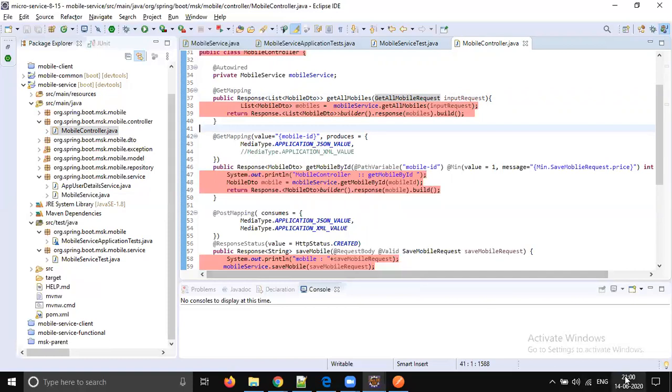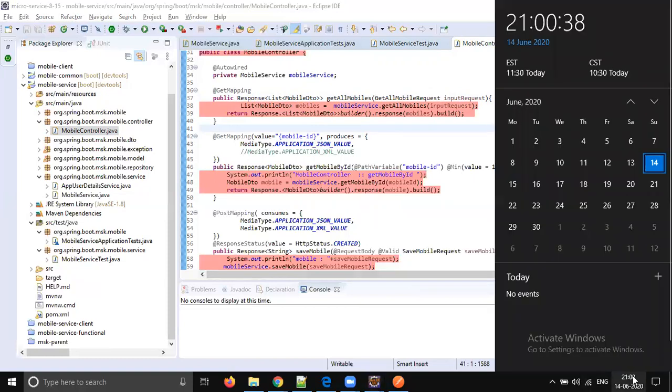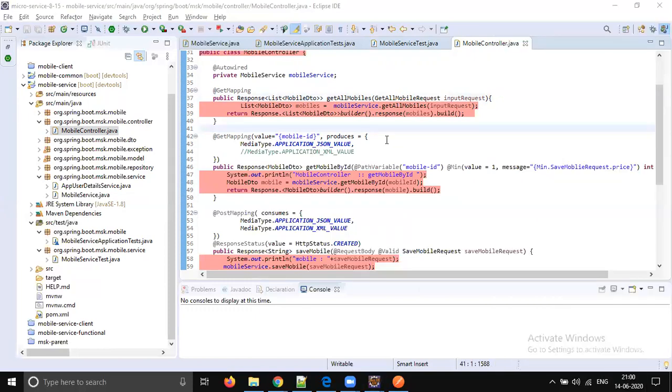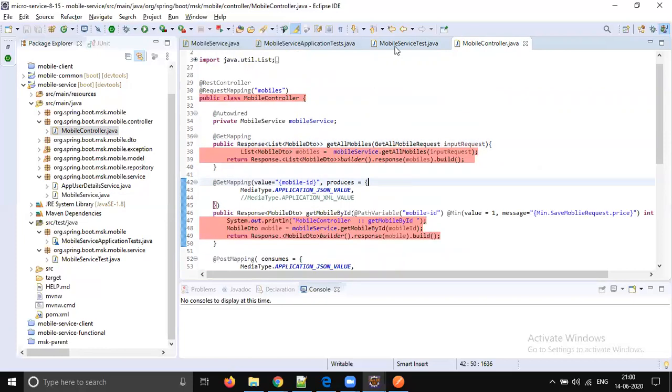It's almost 2 hours completed, right? So let's take a break, 15 to 20 minutes. Then I will quickly show you how to write integration test cases. That won't take more than 30 to 40 minutes. Then we can close this session. So the first part is completed.